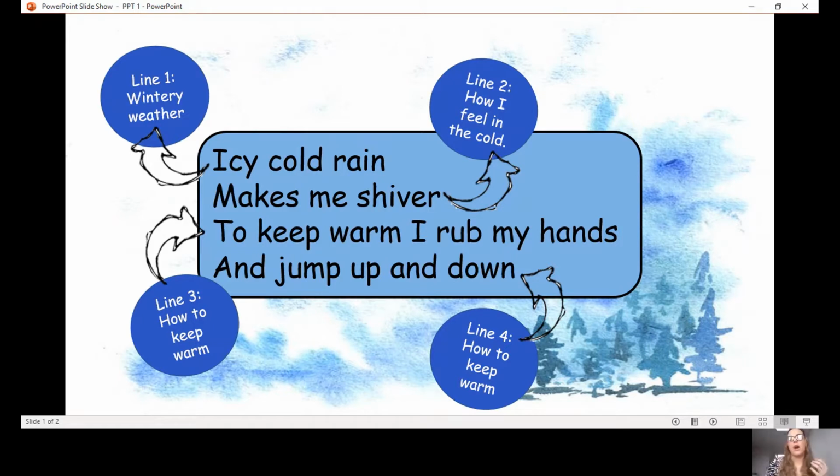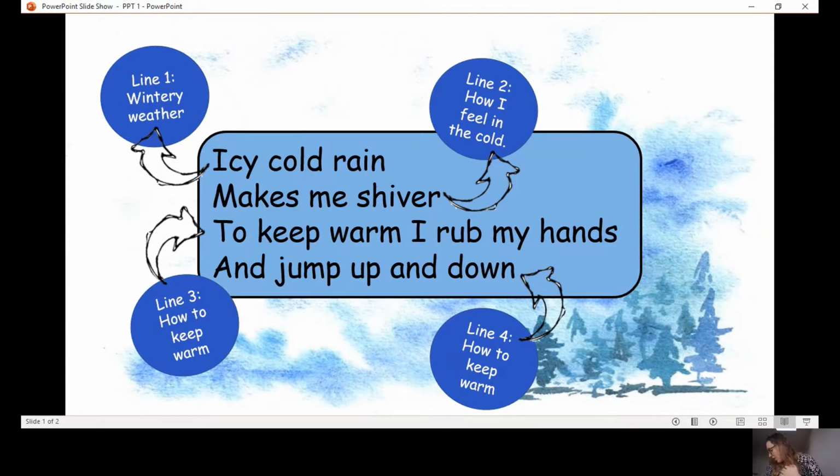The reason we've gone back to looking at our poems today is because Vivaldi, when he was writing Winter, when he was writing all of his pieces about seasons, used to use poems to give him the ideas to write his music. So this particular type of poem that Vivaldi used was called a sonnet. And a sonnet is actually longer than 4 lines, but he just used a little bit of a sonnet. Today we're going to make our own music based on our wintry weather poem.